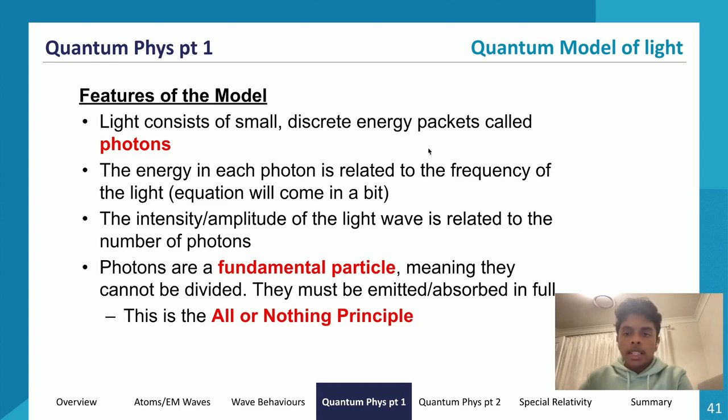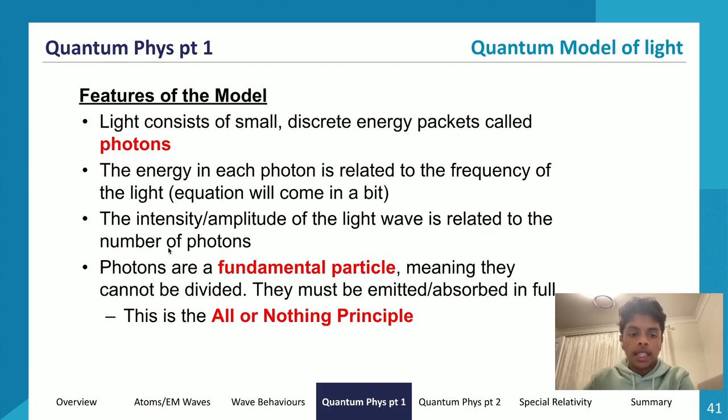The quantum or photon model of light also stated that the energy in each photon is related to the frequency of the light. So the frequency of light dictates the amount of energy it carries, instead of intensity. The wave model linked it to intensity, so the intensity of light would be related to frequency. The quantum model stated that the energy is related to the frequency. So frequency is directly related to energy, and we'll find an equation to map out that relationship. So what else did it say?